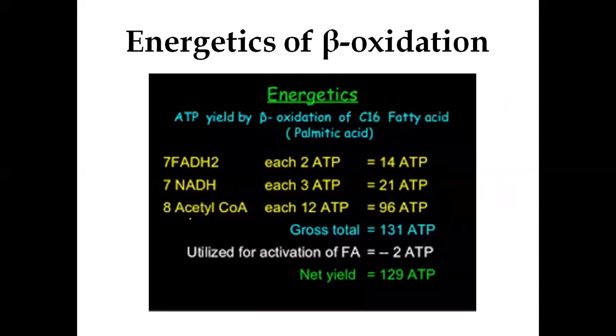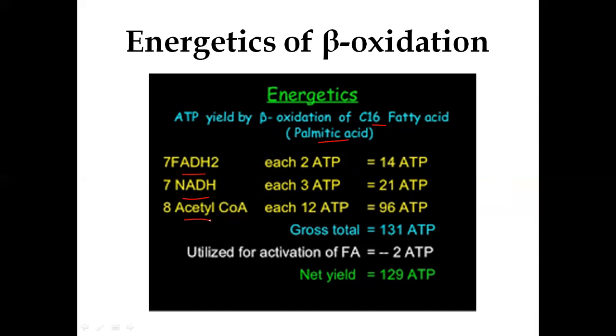Let's see. Here I told you, this is palmitic acid, which has 16 carbon atoms in its carbon skeleton. After it undergoes complete beta oxidation, it releases 7 FADH2 molecules and 7 NADH2 molecules. And in addition to that, the carbon skeleton will be converted into 8 molecules of acetyl-CoA.